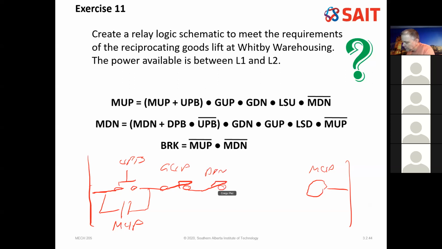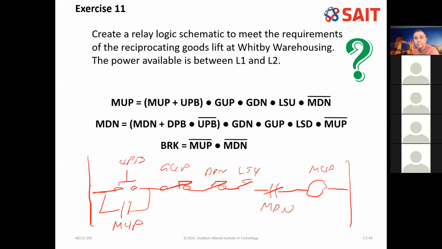Gate down is a limit switch, normally open, held closed, and a limit switch upper, and not motor down. So that is the circuit that describes the top